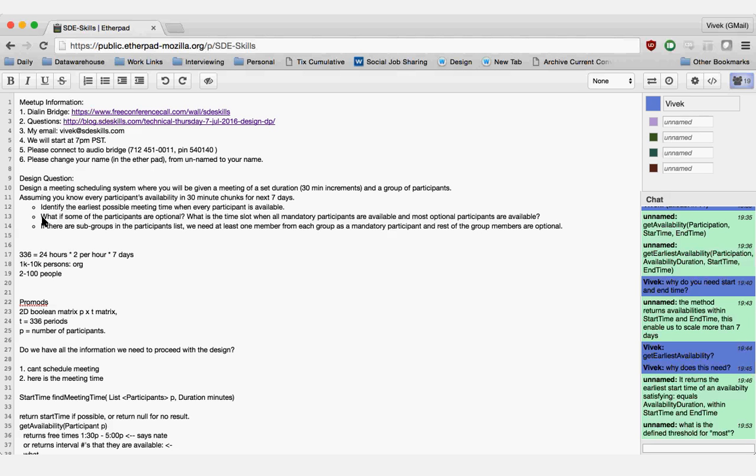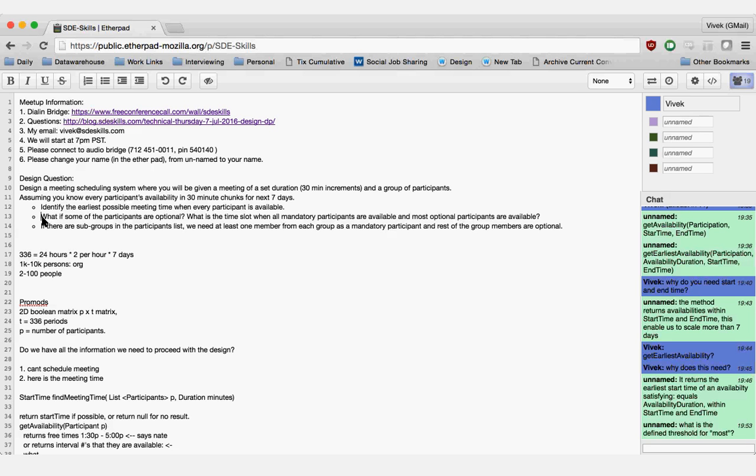That is correct. The mandatory is simple, right? I understand that you will actually get the right answer for mandatory. The problem with optional is that if you want to schedule a 2-hour meeting, and you look at the optional slot and you see that 50 people are available in interval 1, interval 2, interval 3, interval 4, every number is 50, 50, 50, 50. That doesn't mean that is the most, because the 50 people available in interval 1 are not necessarily the same 50 people available in interval 2 for optional people.